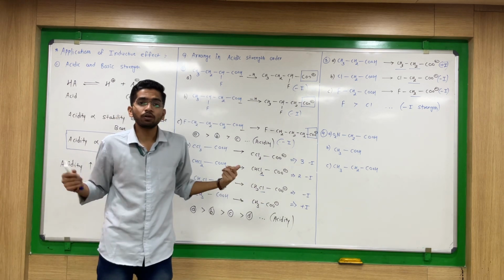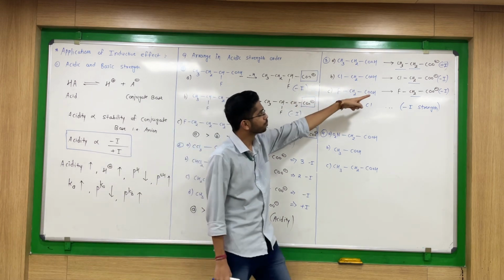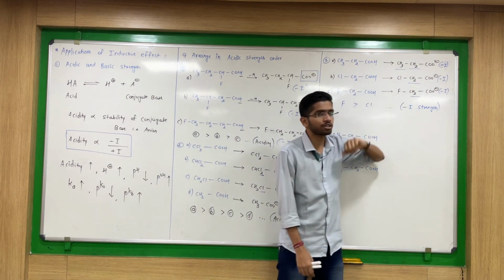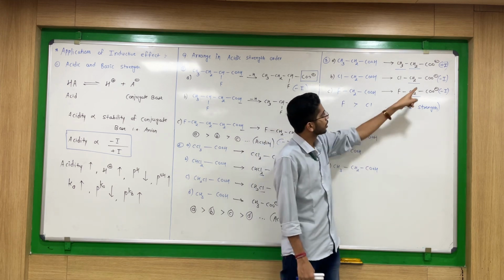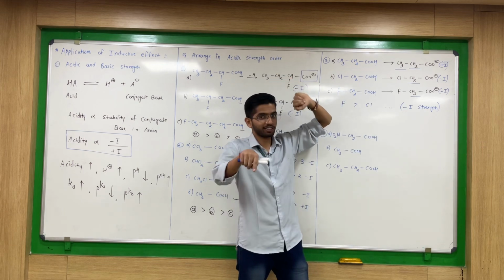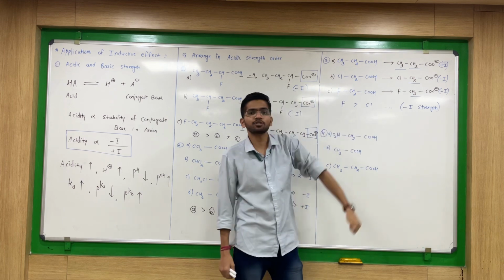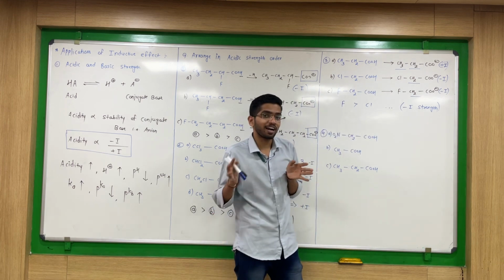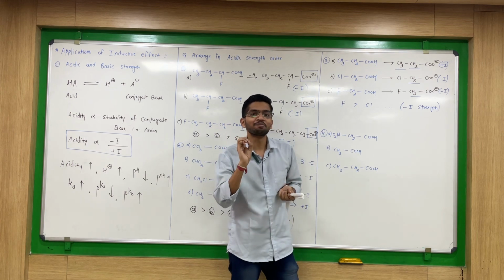Obviously the one with minus will have more acidity. Why? Because they are taking electron density from CO minus, right? Here CH3 is giving electron density to the CO minus, making it more unstable. I want stable CO minus. Now here, with CO minus, Cl is pulling that electron density, making it stable. This is what we want. Same thing here, fluorine is there, pulling electron density from CO minus. This is what we want. I want less electron density on CO minus so that it will become more stable.